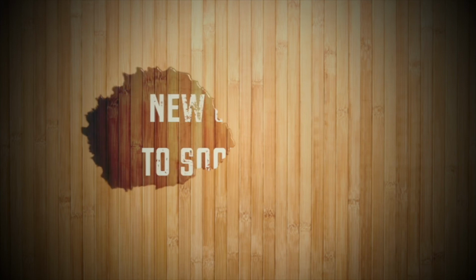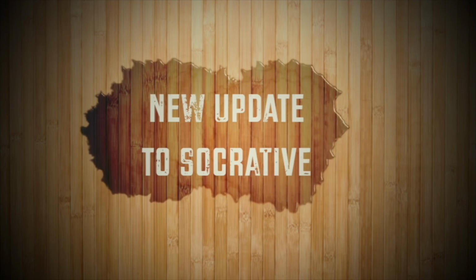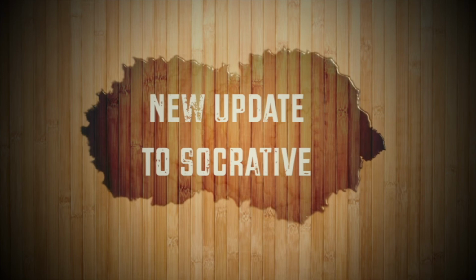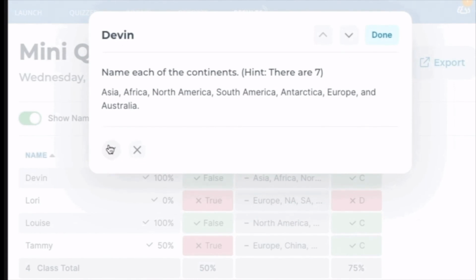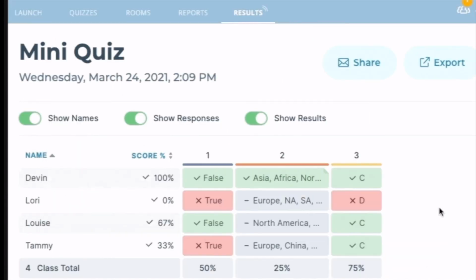There's now a faster and easier way to mark your Socrative quizzes. Socrative has introduced short answer manual grading. This new feature gives you the ability to quickly review and mark students' responses to short answer questions in the report section of your Socrative. Simply go into any quiz report with short answer questions, click on the answers, and then start marking them manually. Now you can ask open-ended questions, mark their answers, and email them to students individually, all from Socrative.